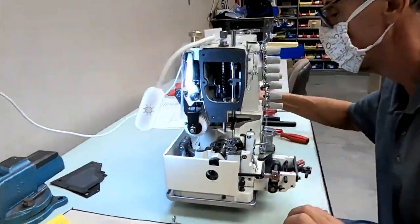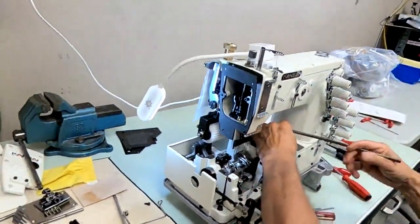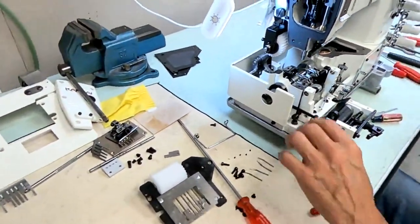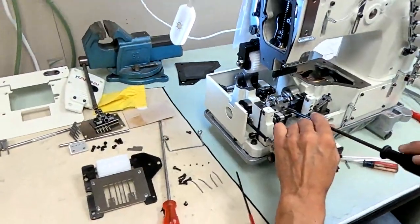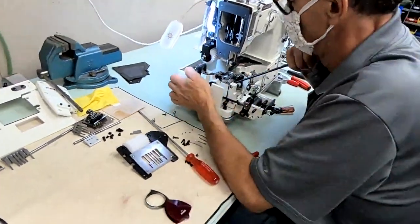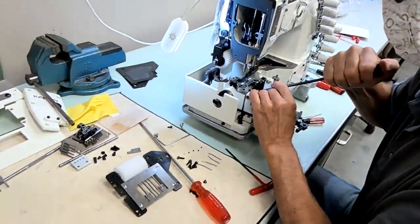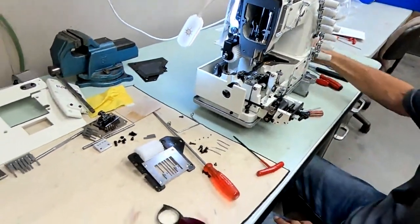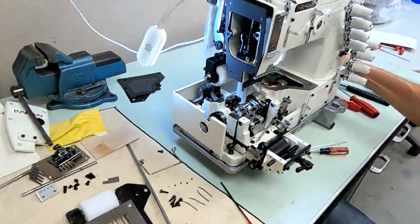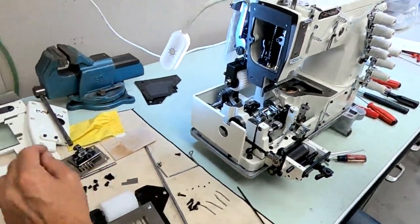Okay, I'm going to come back, make sure our looper distance bolt is tight, which I'm sure we did already. I'm also going to make sure my looper holder screws are tight. That one. Those should have been tightened. Okay, and now everything is tight. Looper screw is tight, needle guard screw is tight. At this point, we're ready to